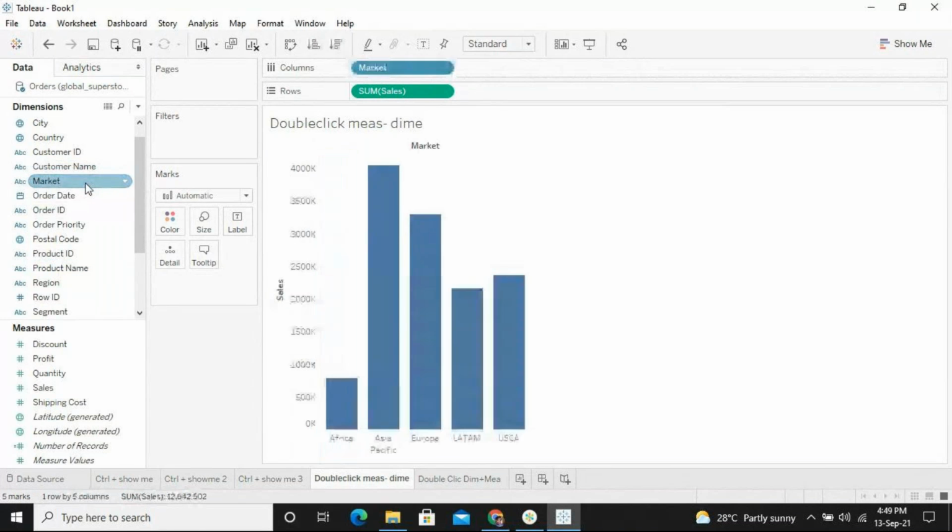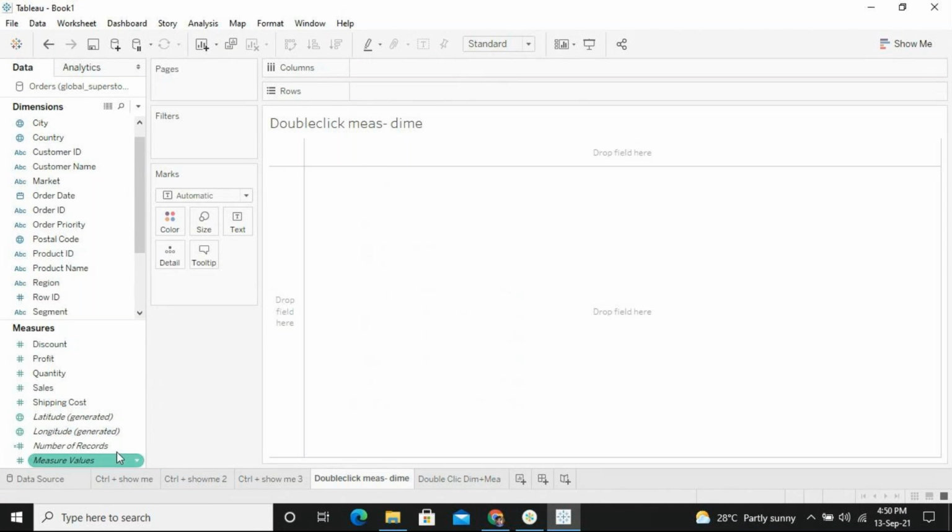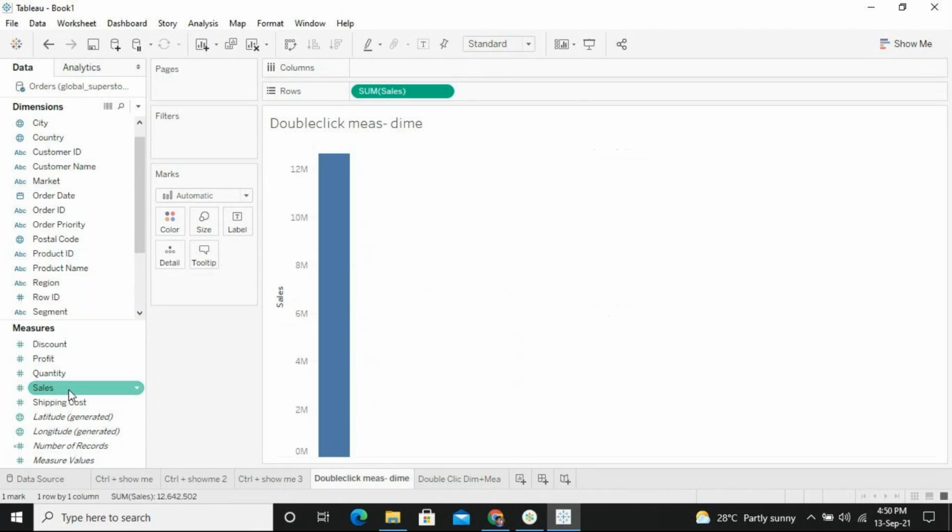So automatically I'm getting a bar chart. See, first I'm selecting from measures and then next I'm selecting from dimensions. So a very easy shortcut to create a chart is the field you select first. That will decide whether you get the chart or a textual visual representation. Okay, again I'm showing it clearly here. First from this measures part, I'm doing double click on sales and then I'm doing double click on